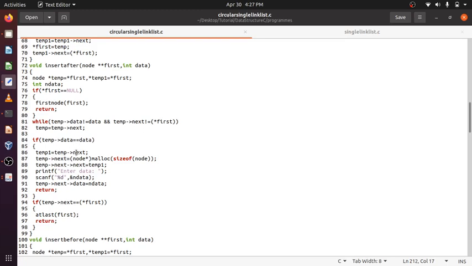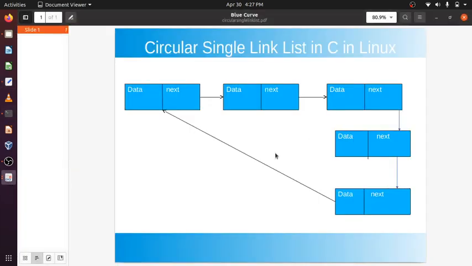Temp 1 is temp next. Creating the node, temp next equal to temp 1, temp next data equal to the data. Okay, so what actually we are doing is this.